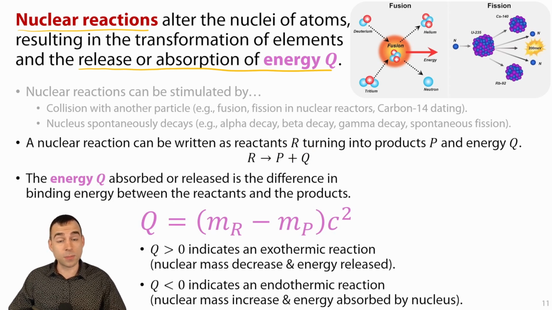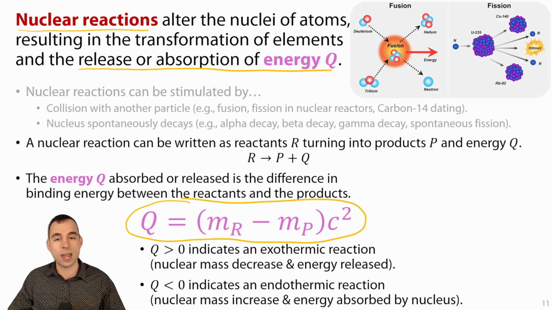The energy that is absorbed or released can be calculated by taking the mass defect between the reactants and the products and multiplying by c squared. So here, if we take the mass of the reactants minus the mass of the products in MeV per c squared, and we multiply by c squared, we will get a heat energy in MeV, and if this Q number is positive on the right side of the reaction, that would mean that energy was released in the reaction, it was given off to the environment,